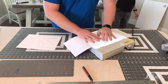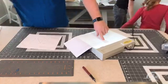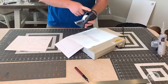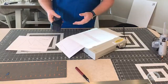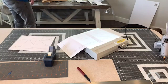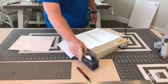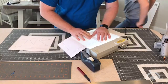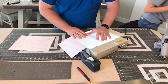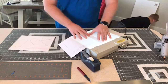But I will line these up like so. Can you see that? And then I will take some tape, and it's easier if you just use regular masking tape. Use a dispenser because then you're not trying to fight with it. But I have been known to use regular packaging tape that I use for all my planes. We'll talk about this a little bit later. So the tape dispenser just makes it a little bit easier. So I'll line up my alignment marks. And once I get those aligned, like so,